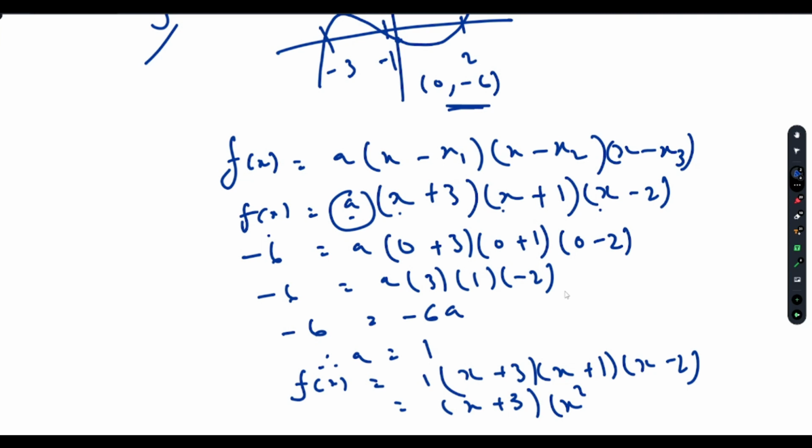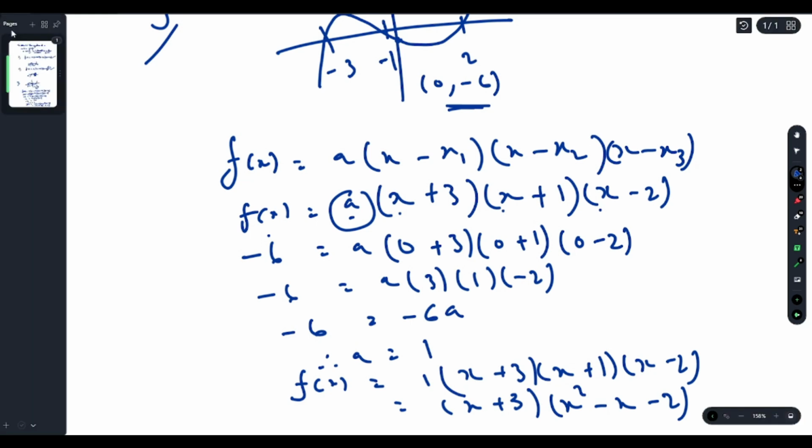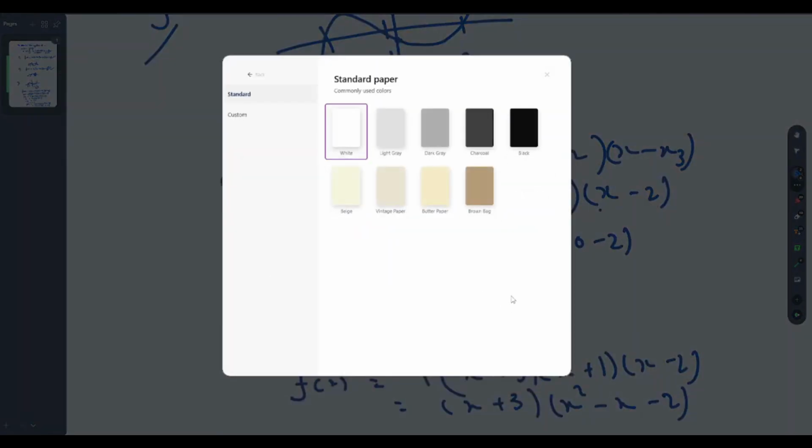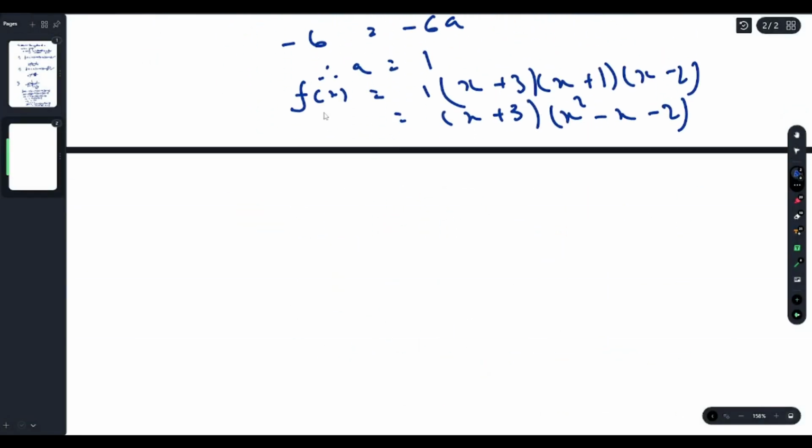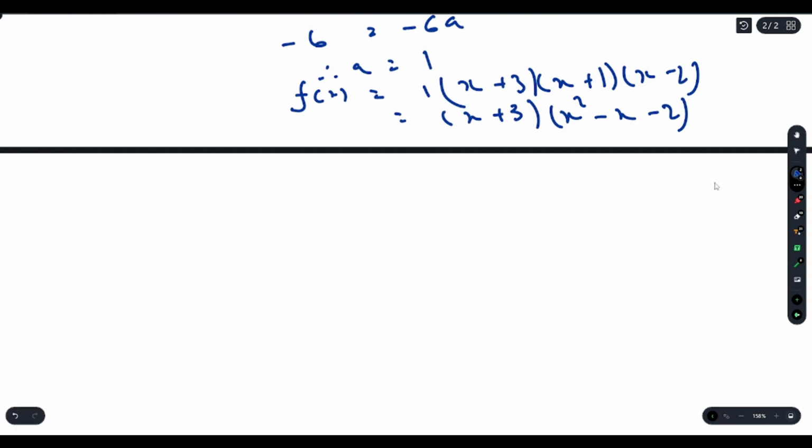So this will give me x squared minus x minus 2. And then finally, we'll have to multiply the third bracket in. And so we have f of x is equal to